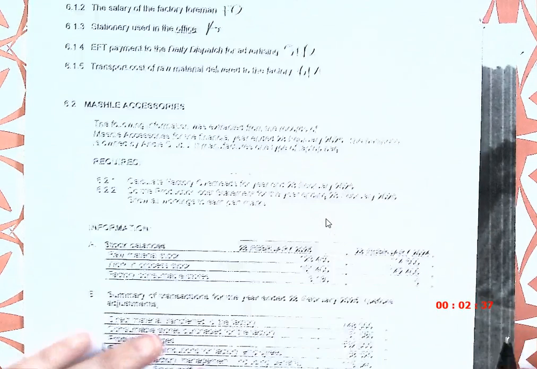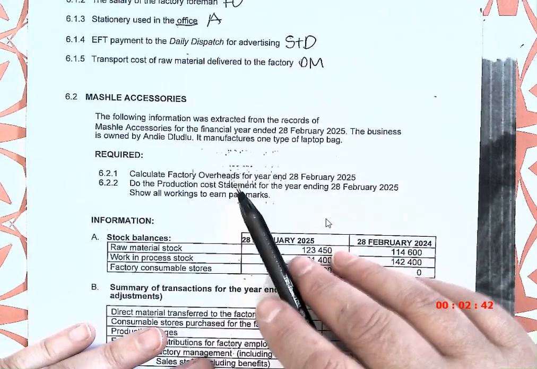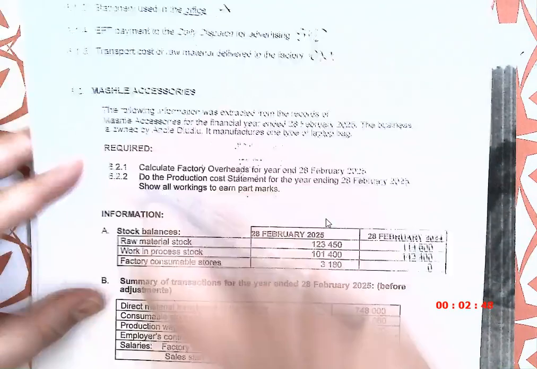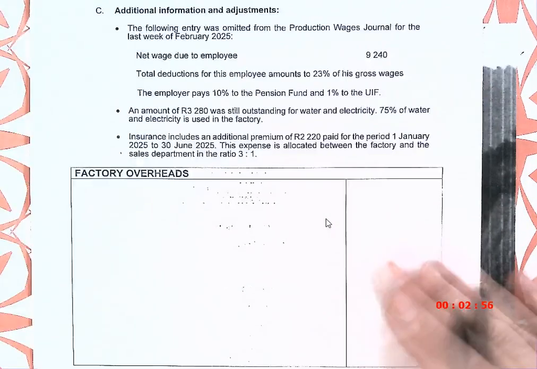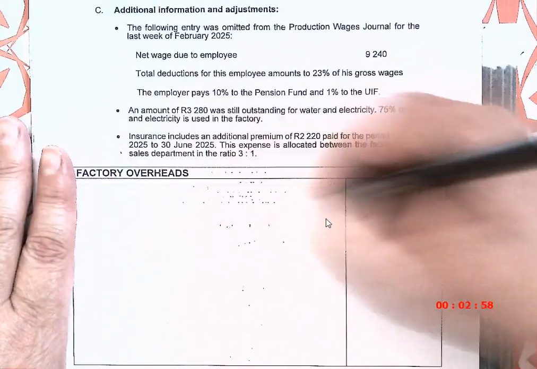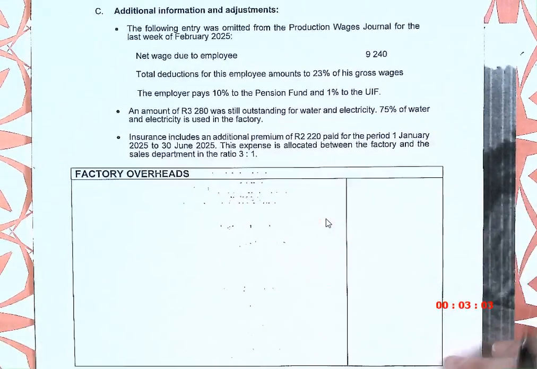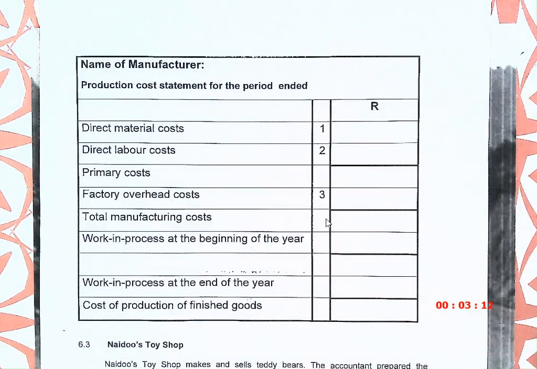Okay, let's go on. So, they asked me to do the factory overheads and the production costs. So I'm going to do it all in one. Now, I want you to see that they say here, calculate. Now, the moment they say calculate, you don't have to do something formal. So when I do the factory overheads, I'm not going to write an answer and write an answer. I'm going to do calculations and put my final answers in here to make it easy and just total it. Okay. And there's my production cost statement, so I'm going to do everything all in one.